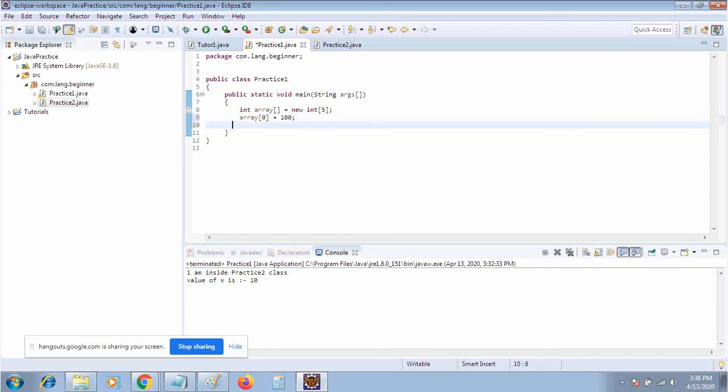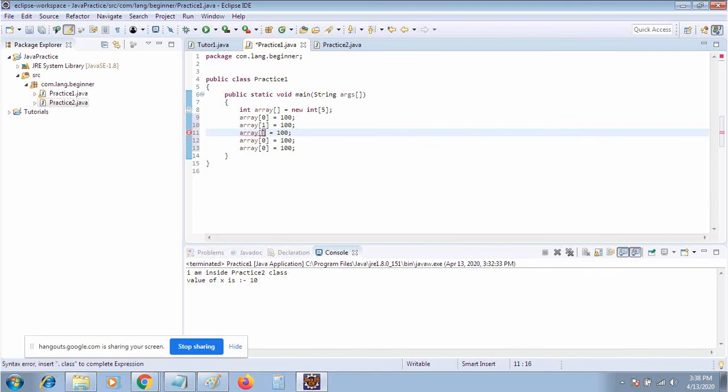In the same way I will put some value in all the positions of the array. Suppose that I have this kind of element in my array.